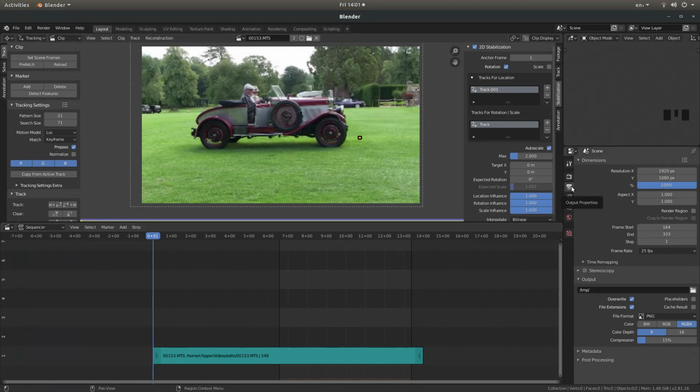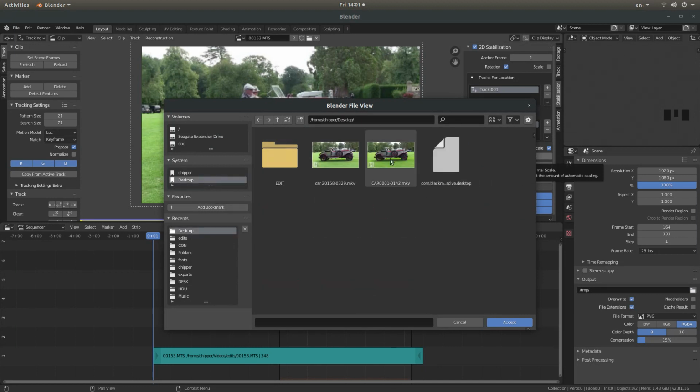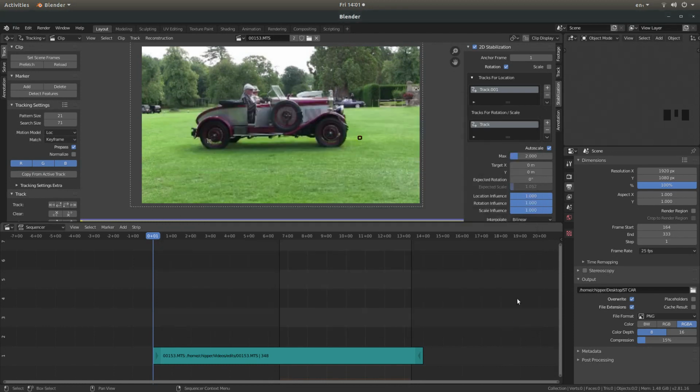Right of the screen, in the output properties box next to TMP, just left click on the folder and decide where you're going to save your video. So we'll go desktop. I've done a couple of test runs on this car already, so we'll call it, I don't know, give it something simple, call it what you want, and then left click on accept,